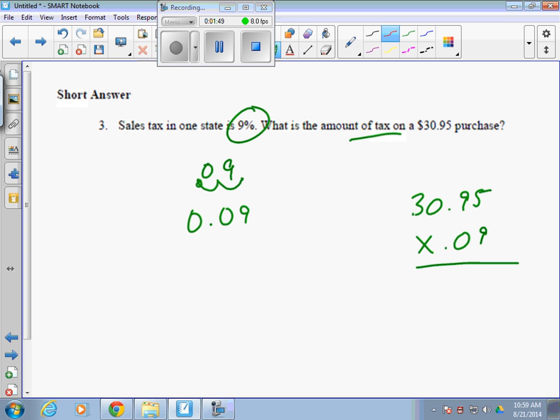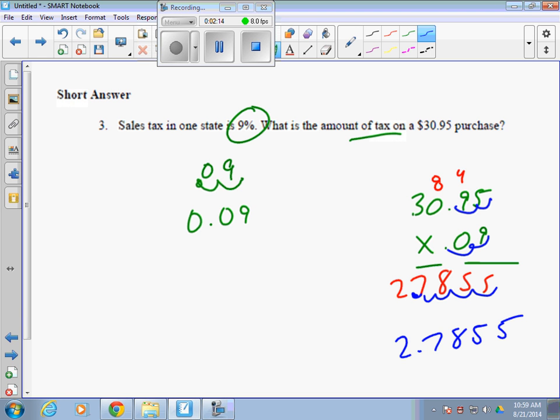We're just multiplying one number times all of those. 9 times 5 is 45. 9 times 9 is 81 plus 4 is 85, not 8, 85, so carry your 8. 9 times 0 is 0, plus 8 is 8, and 9 times 3 is 27. So you have 27855. You have to move the decimal over once, twice, 3, 4 times. So 1, 2, 3, 4. So the sales tax is